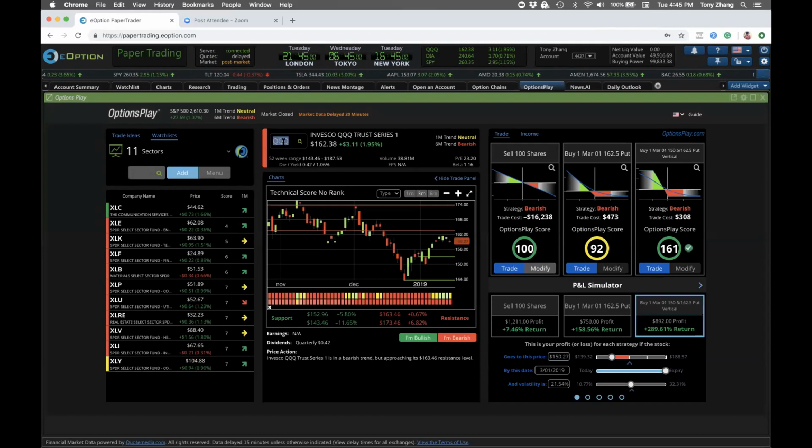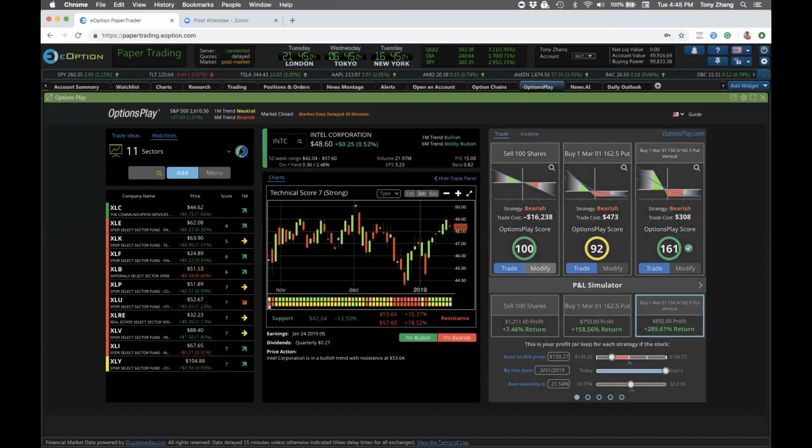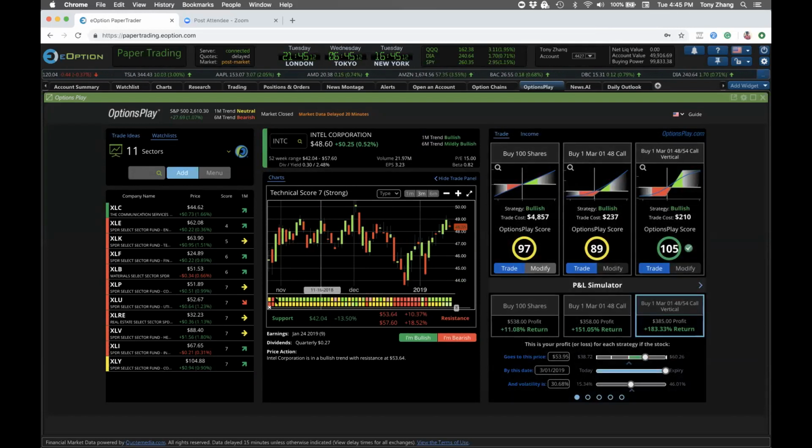In the middle panel, you can type in any stock and see our instant stock analysis of each stock. What we have is a 1-month and 6-month trend analysis to give you an idea of the short and long-term trend of a stock. We even display that trend indicator underneath the chart so that you can see how that trend has changed over time and how long the stock has been in the current trend.